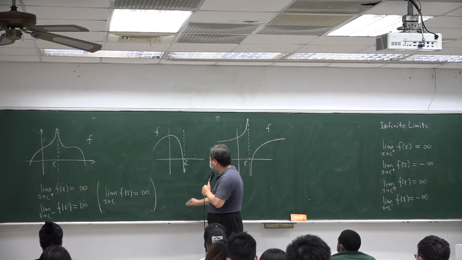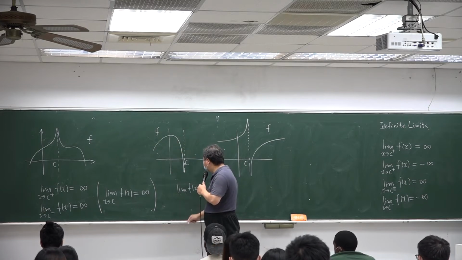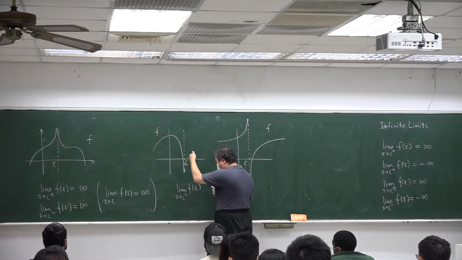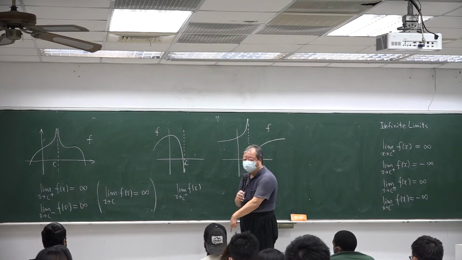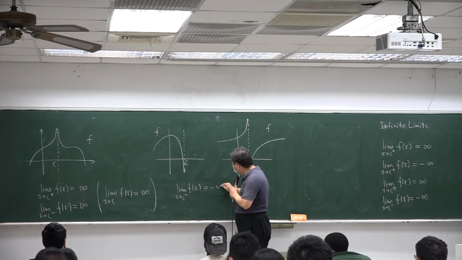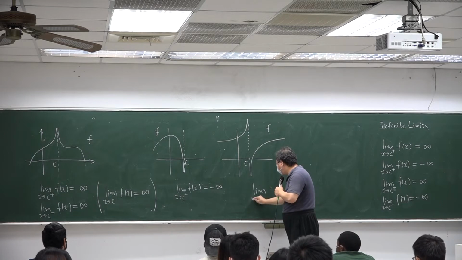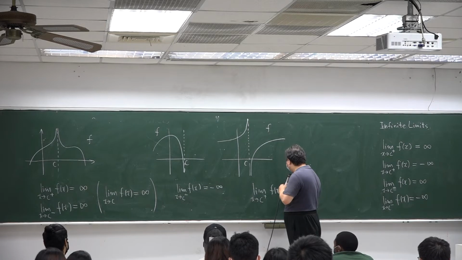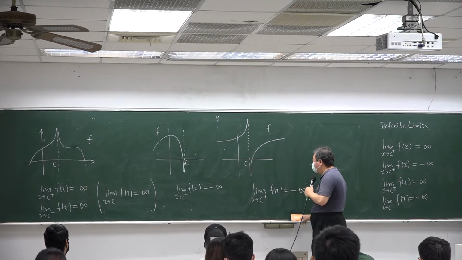In this case, the limit of the function f of x as x approaches c from the left, the behavior is that it drops to minus infinity, okay? In this case, x approaches c from the right, it also drops, it's minus infinity. So,